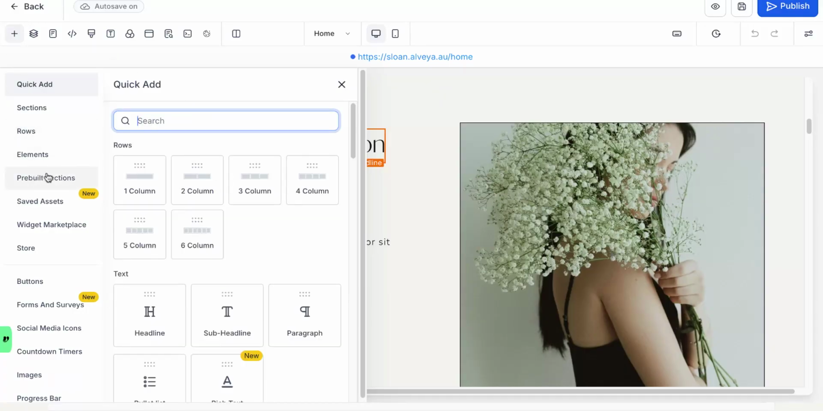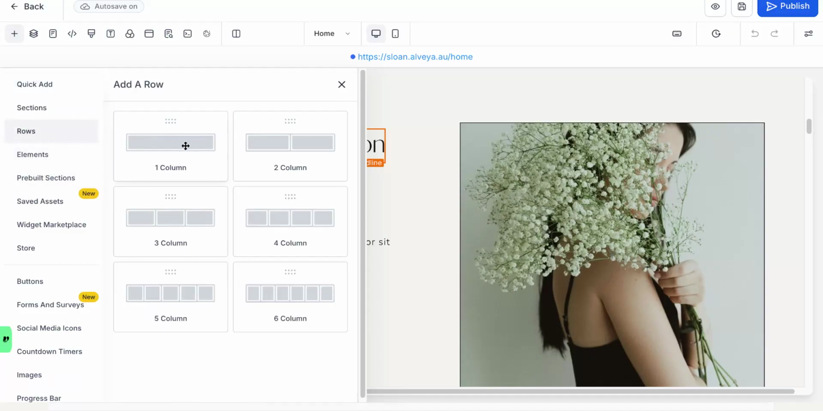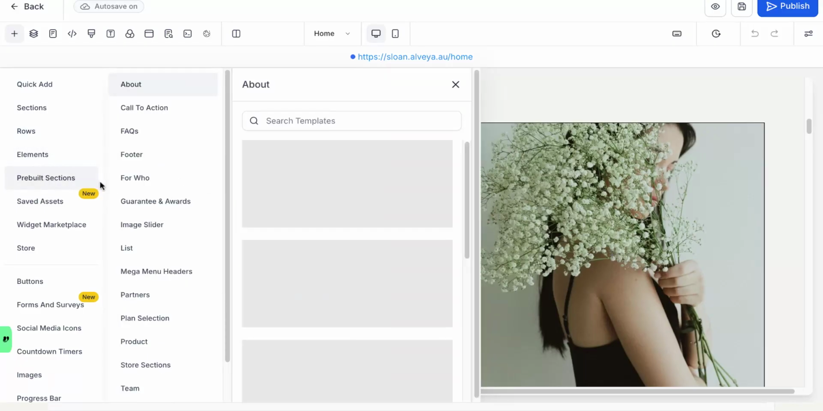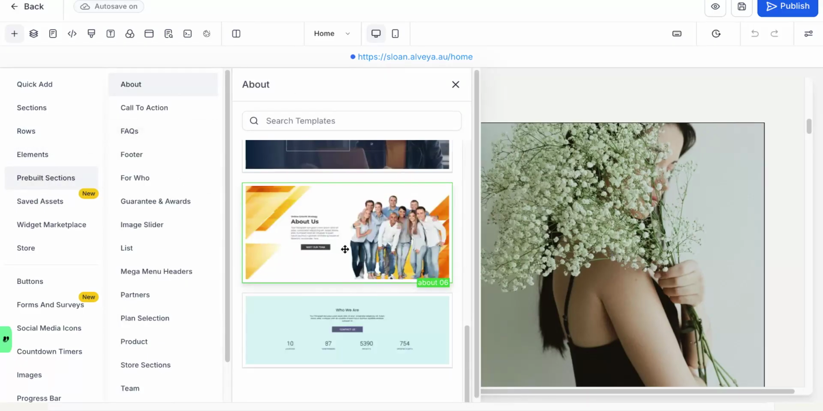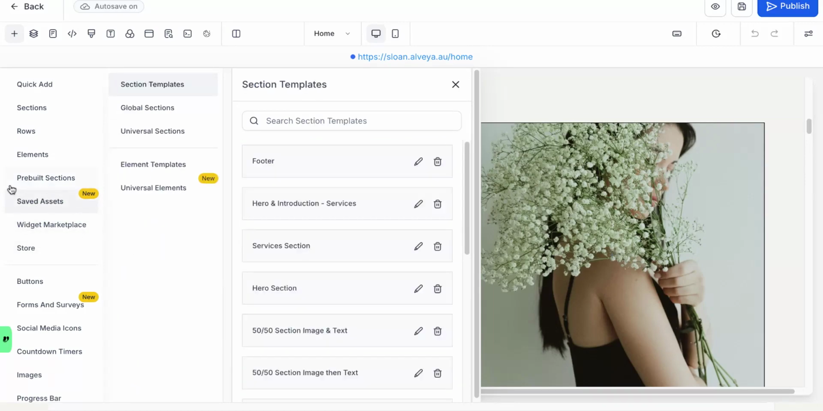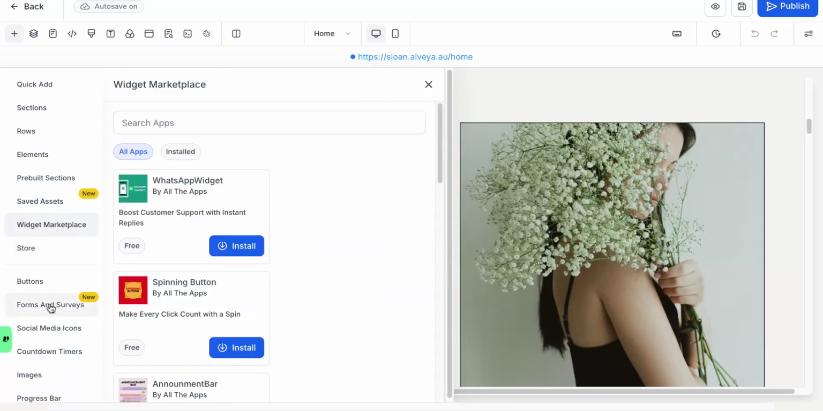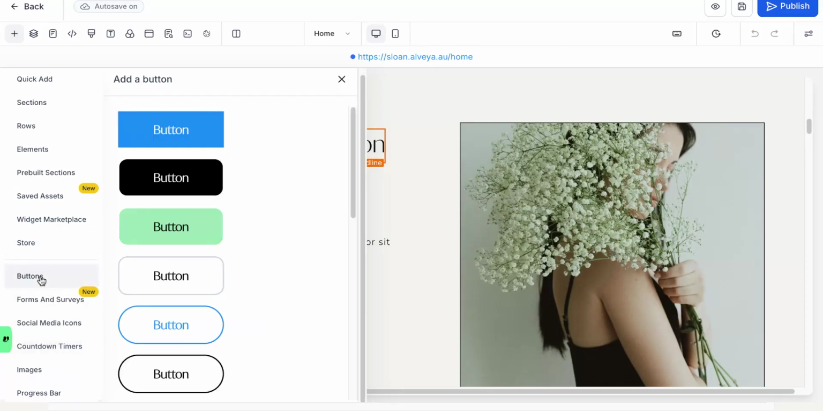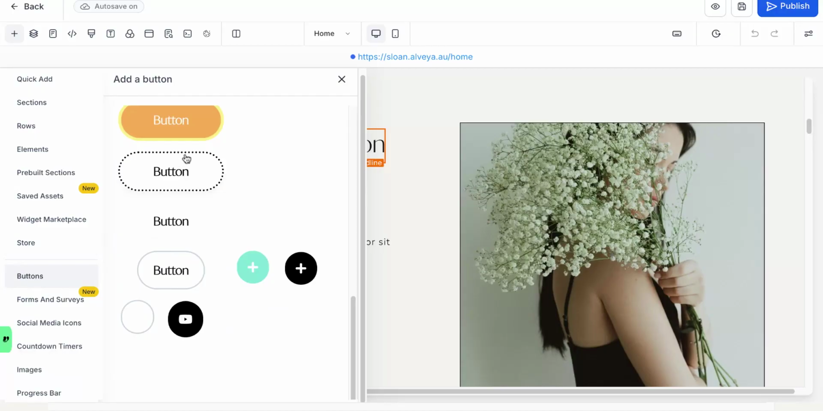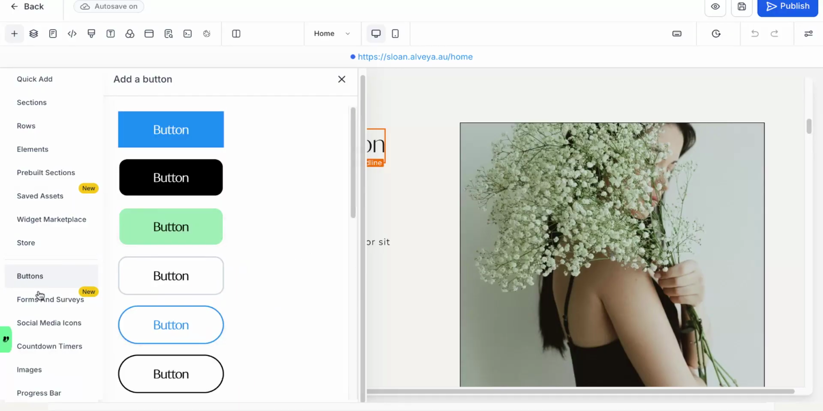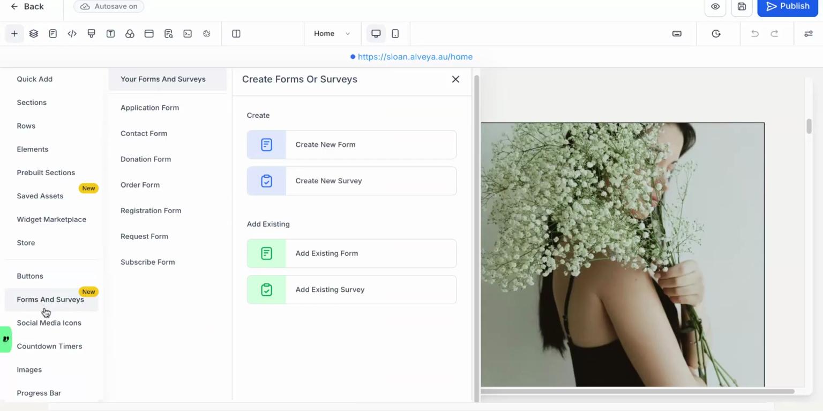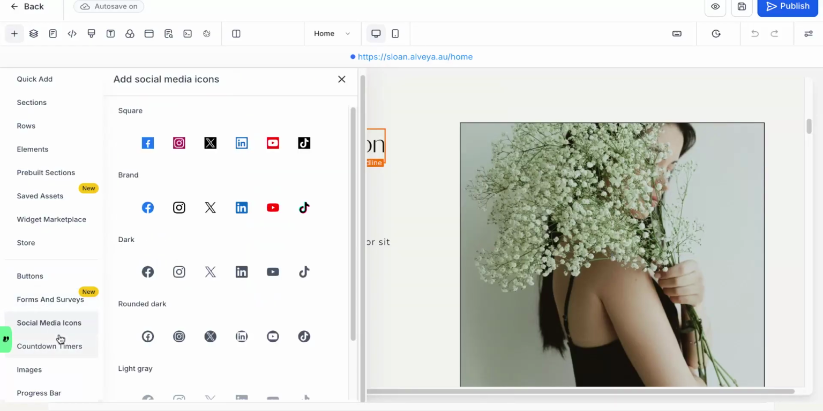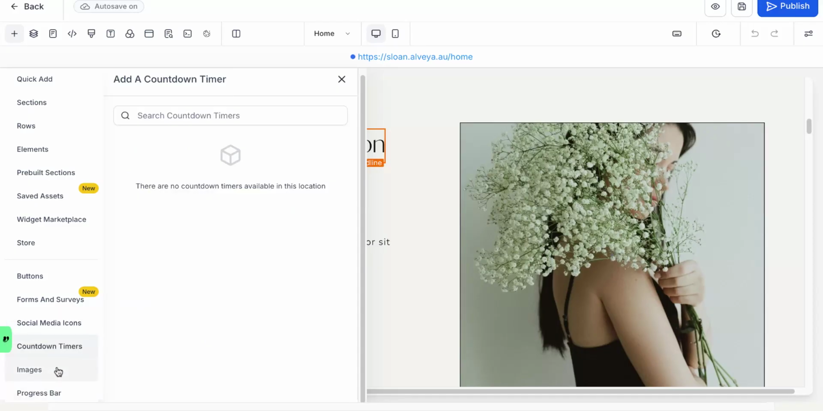Or you can have a look through your rows. So these are pre-built rows with columns, elements, pre-built sections that are just basic sections, your saved assets, which I just covered, the marketplace, and then if you have a store as well, you can add them in from here. Then we have different types of buttons that you can further customize, but it gives you kind of a base starting point. Forms and surveys, social media icons, countdown timers,